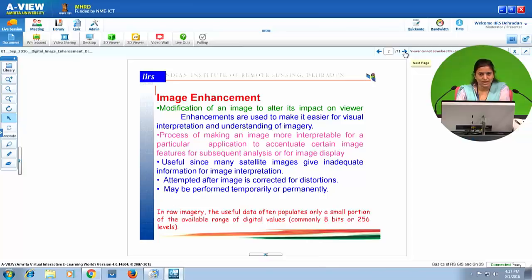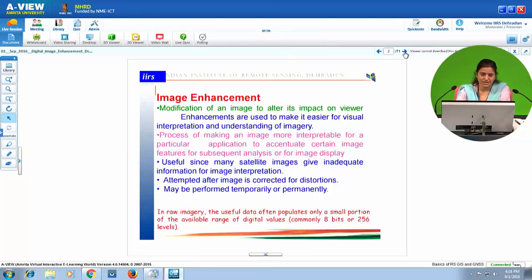What we want to say is that in a raw image, the useful data often populates only a small portion of the available range of digital values. If we are talking about 8-bit data, then the possible digital numbers in the image are 256. The values will range from 0 to 255.